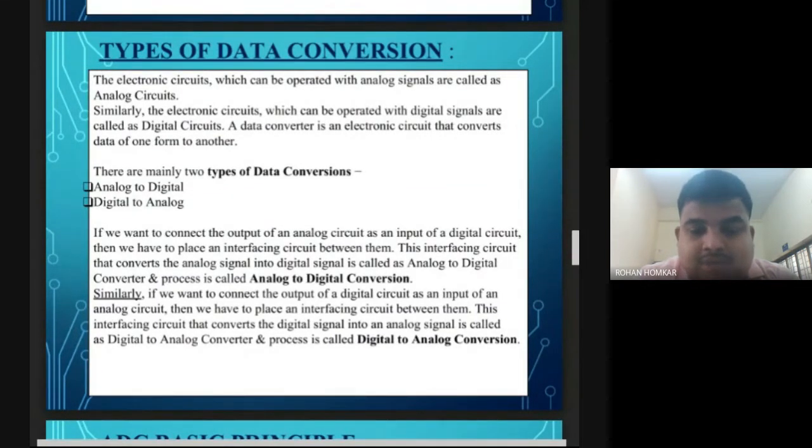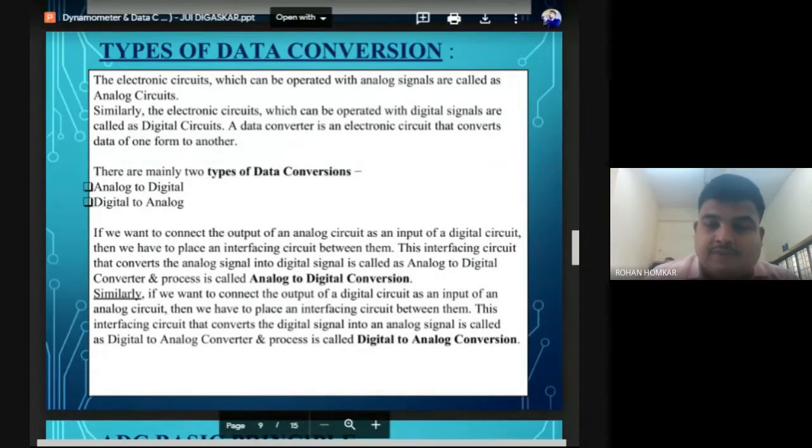So it started with the analog signal, then it is converted to digital, and after converting into the digital it is transmitted. After the transmission, it is again converted back from digital to analog. So this is how we need these processes, like these interfacing circuits that convert the analog signal into the digital signal are called an analog to digital converter, and it is doing the process called analog to digital conversion. Okay, now also, we have discussed the opposite, from digital to analog.